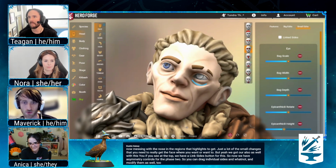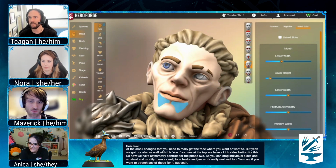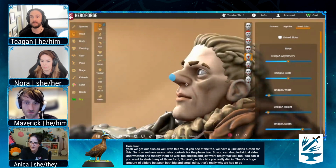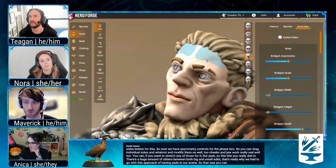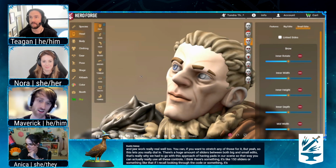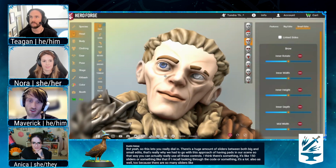Cheeks and jaw work real well too, if you want to stretch any of those. But yeah, this lets you really dial in. There's a huge amount of sliders between both big and small edits. That's really why we had to go with this approach of having pads in our scene, so that you can actually use all these controls. I think it's something like 150 sliders, if I recall looking through the code. It's a lot. Also, because there are so many sliders, we can't even fit it all into just one